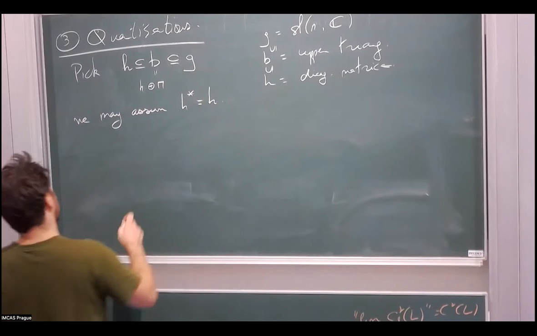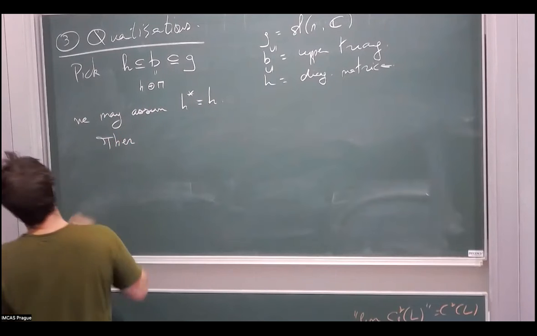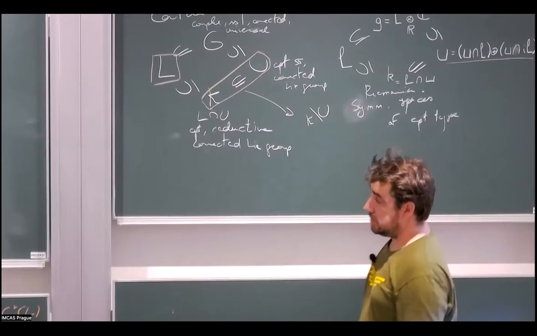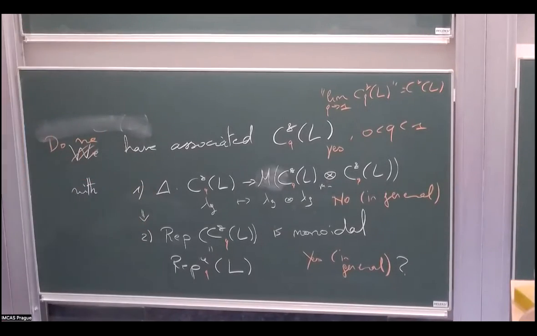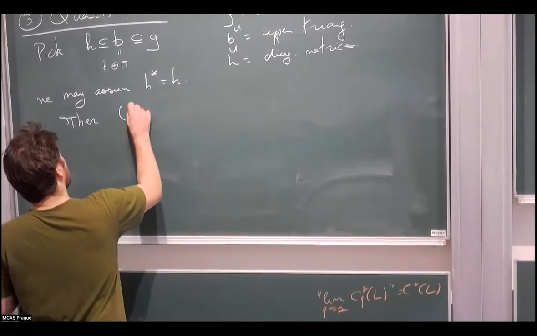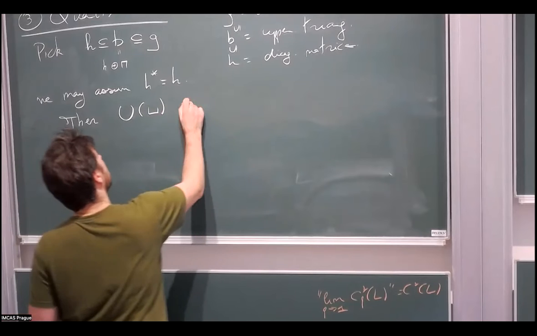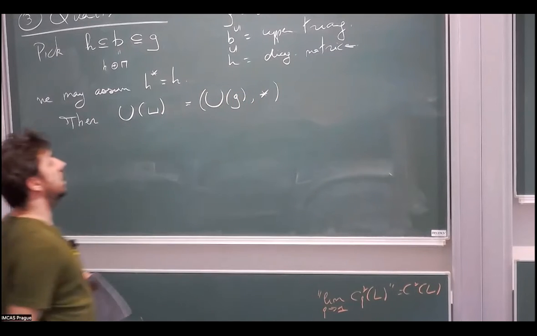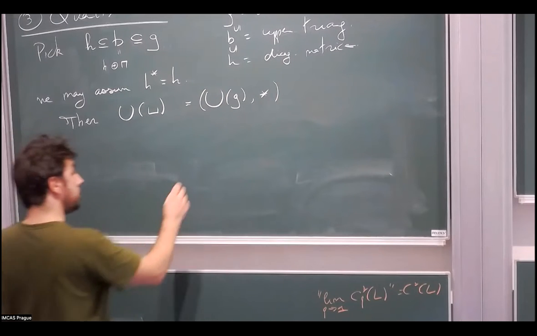So then, instead of quantizing L, I will first try to quantize its compact real form. As I told you, Drinfeld showed that on the compact level, there's no problem in quantizing things such that a coproduct exists, and then automatically the representation category is monoidal. And so if I look at the associated star algebra, the universal enveloping algebra of G with its star structure, well,